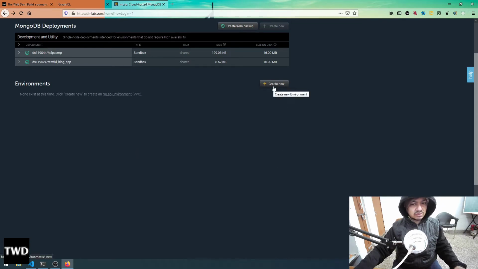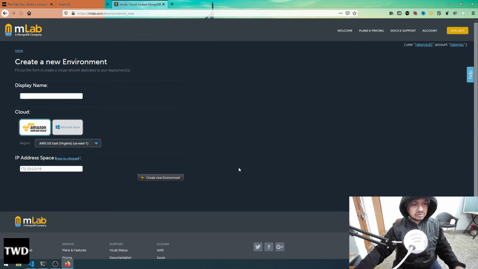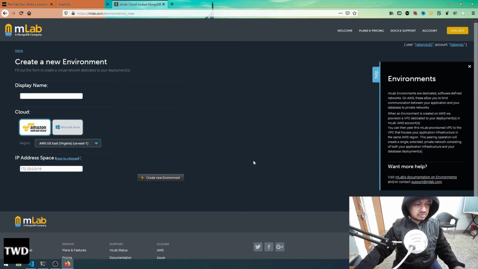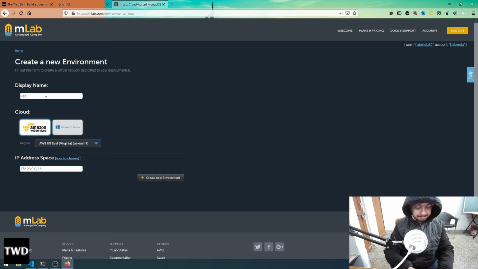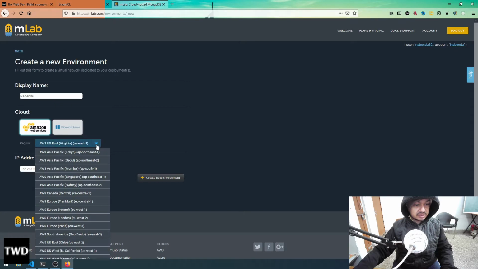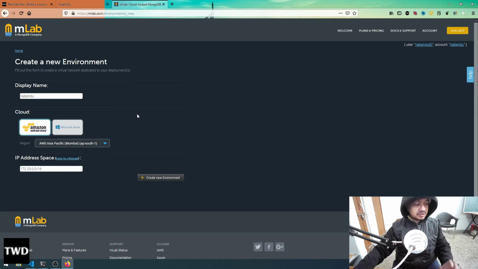Once you log in, you can do a create new here, and then it will ask you something like virtual network for deployment, display name. Okay, this is something new. Let me give my name, and it is choosing this already for me. And okay, let me take Mumbai, because I generally take Mumbai because it is nearest to me. The lag will be less. So take a region which is nearest to you, and then after that